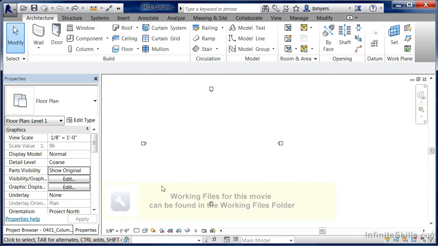Column grid lines are used to equally space your columns in your project. They're also used to be able to quickly locate your columns in your project. To draw in column grid lines, you'll find underneath the Architecture tab on the ribbon, on the Datum panel, there's